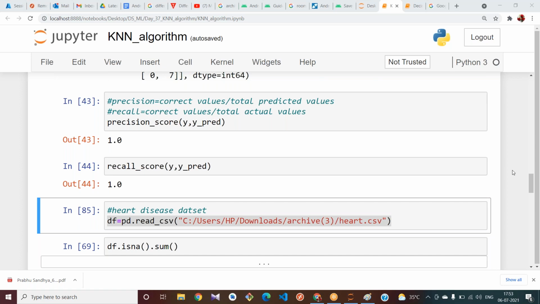Let's decrease it to 80. Okay, if it is decreased to 80, that means your training data has changed. Accuracy may increase or decrease, it depends.